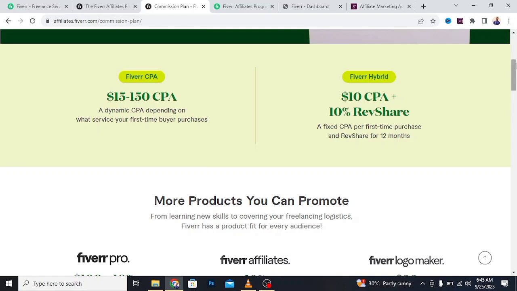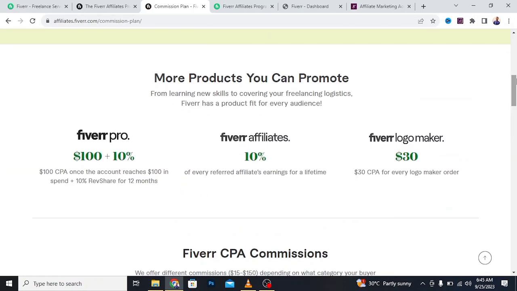And the third one is Fiverr Pro. You get $100 when the buyer spend reach $100, as you can see, when the account reaches $100 in spend, and 10% revenue share for 12 months or so. And the fourth one is a Fiverr affiliate. You will get 10% of every referred affiliate earnings from title